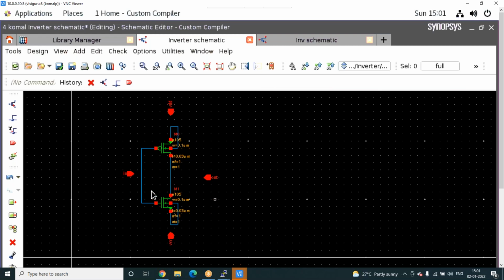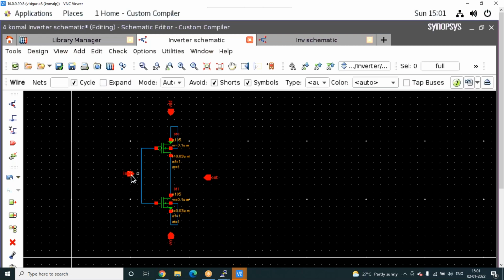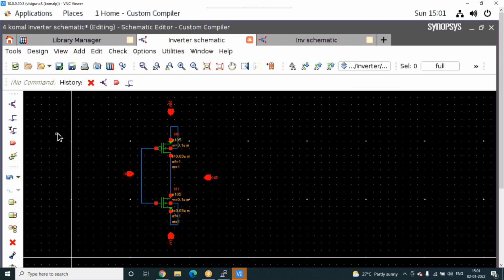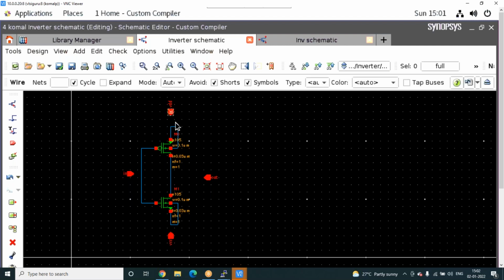So these are the 4 pins, and one is not connected. Suppose this connection is floating. Once this connection is done, you can do check and save. It will show you this is blinking, which means it is not properly connected. So I will just connect it. Blinking means this is called an error. So this is how you design a schematic. Then check, and now it is not blinking.